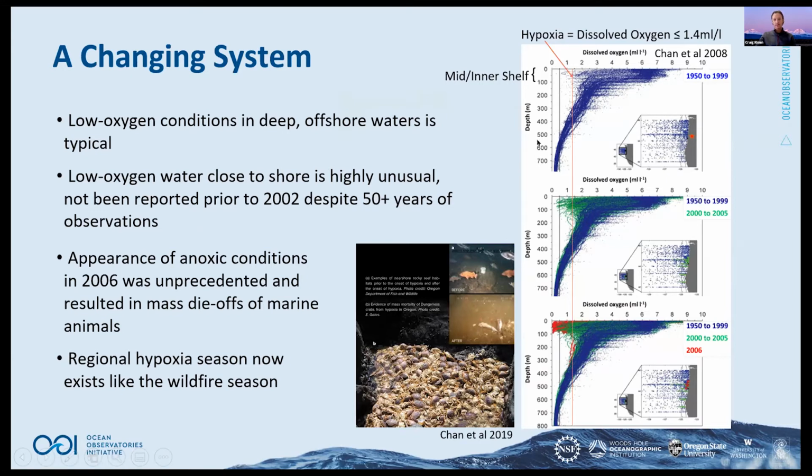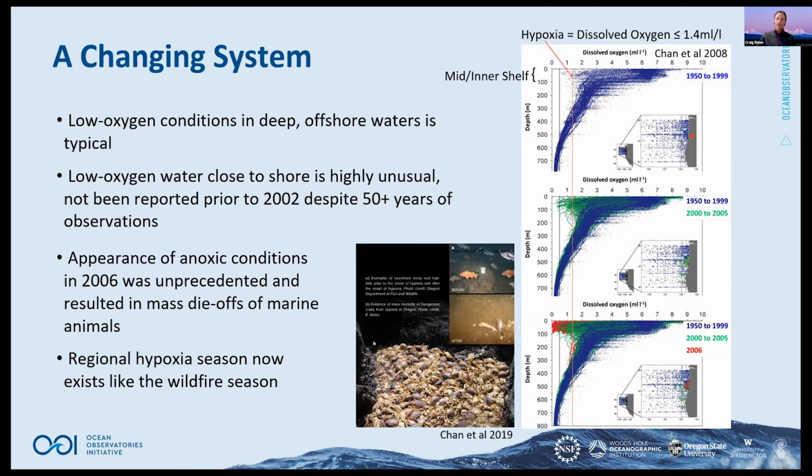What you see is that in the deeper part of the water column, the oxygen levels tend to be quite low, but here between 100 meters and the surface, back then we saw pretty oxygenated water. We very rarely saw the values drop below this threshold. That started to change in 2000,